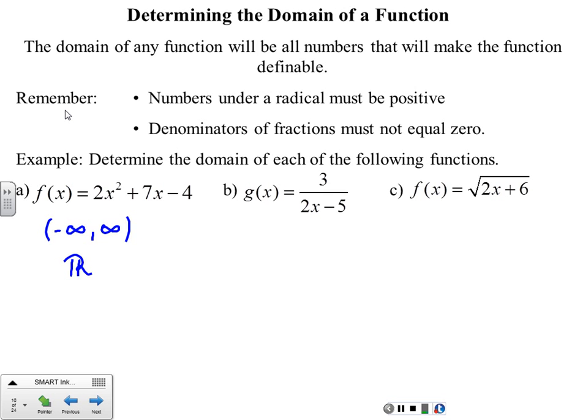Okay. Give me a better number. I don't like 2.5. Yes, but I don't like it. Not 2/5. 5 over 2. 5 halves. How are they coming up with this number? It's right. 5 halves is right. 5 halves would make that go to 0. How did they figure that out? Yeah. If you take that denominator and you actually set it equal to 0 and you solve,